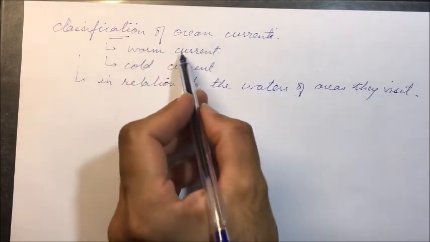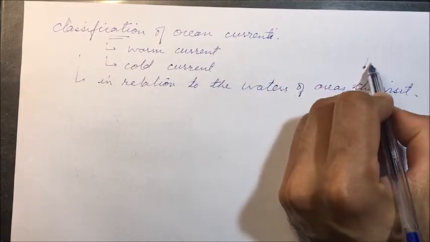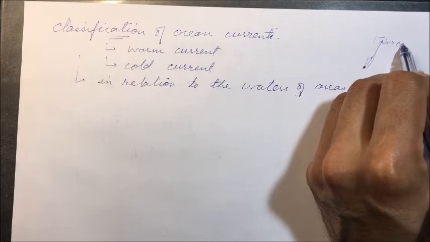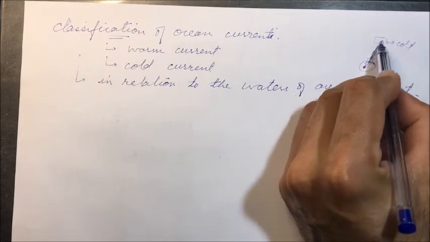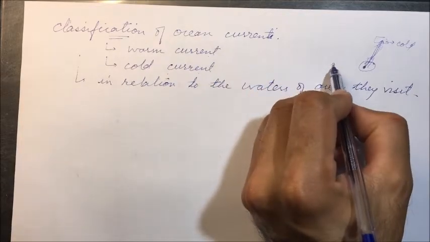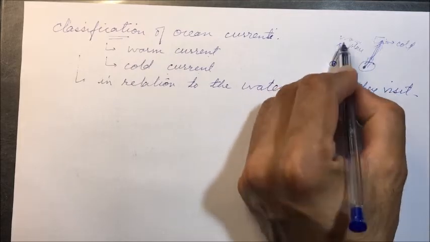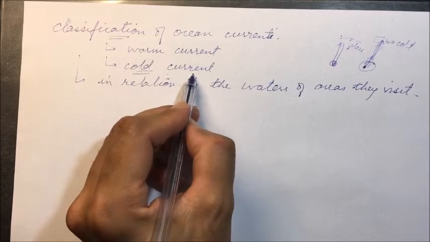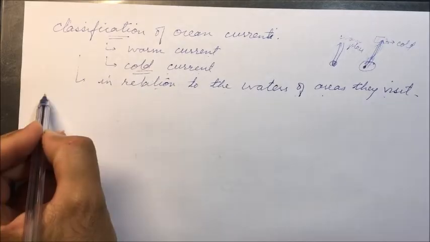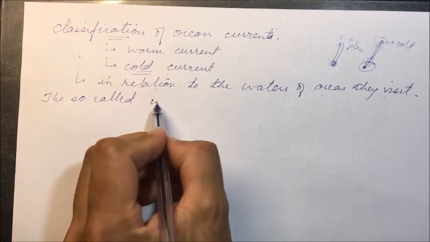For example, if a current is visiting a cold water area, so for example, from here a water current started, and it visited this area, and this area is cold as compared to this area. Therefore, this current we will call a warm current. And when a current is visiting a warm place, that current we call a cold current. Thus, their classification is based on the waters of areas they visit. So the so-called warm and cold currents